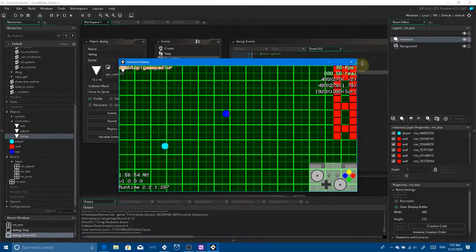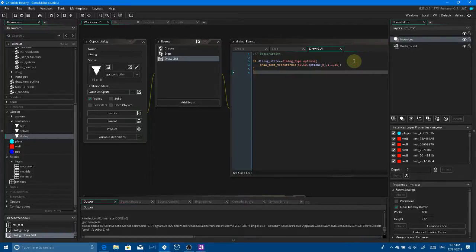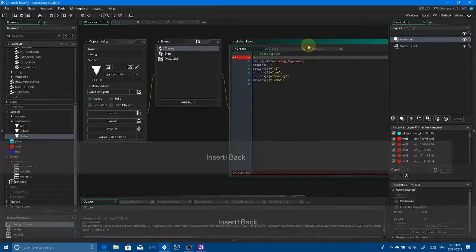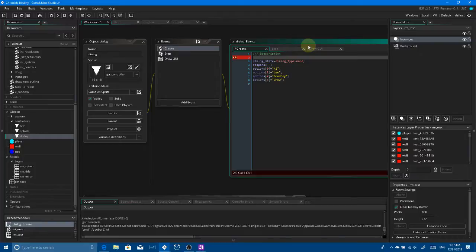So see, it's at an angle, but first, let's center it properly. Let's position it, make sure that the position of the object is at X. Actually, wait, it's being drawn in the GUI, so it wouldn't matter. Yeah, either way, XX equals